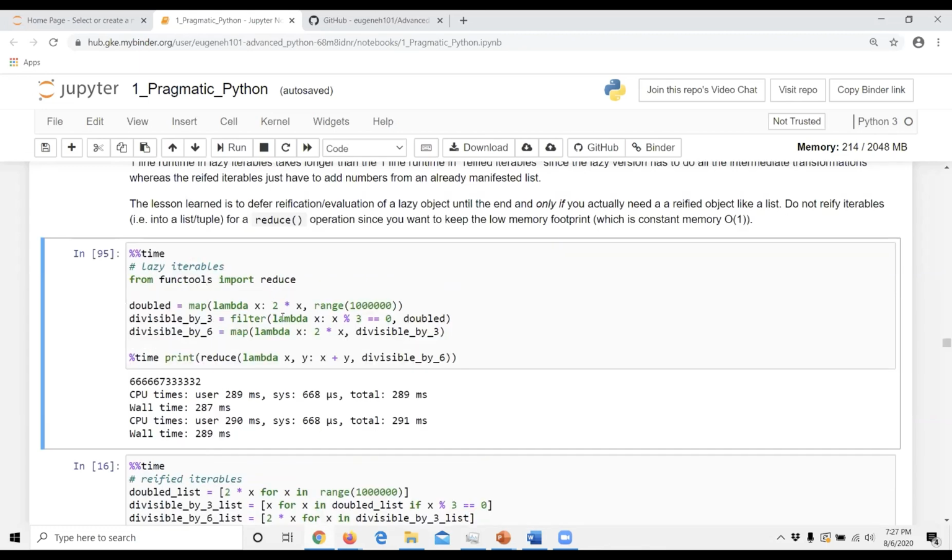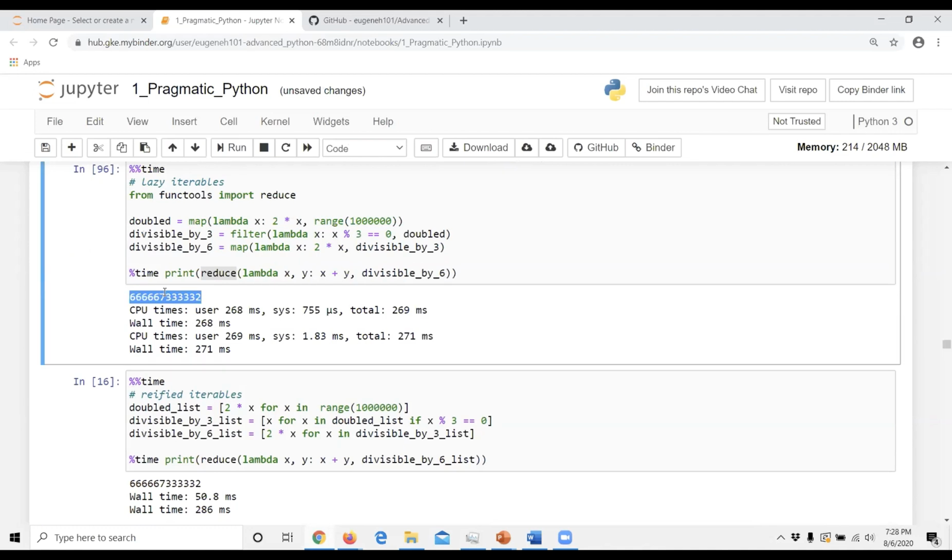So let's go with reduce. Reduce is an accumulator operation that's basically equivalent to a for loop, but accumulates the results of your list together. For example, you add all the elements in your list together, or you multiply all the elements in your list together. Reduce is actually non-lazy. This will actually return a real object back to you. So it returns this actual number. This is the result of the reduce.